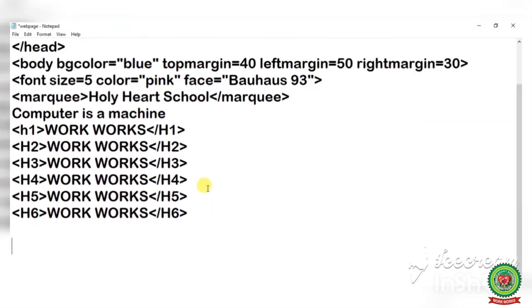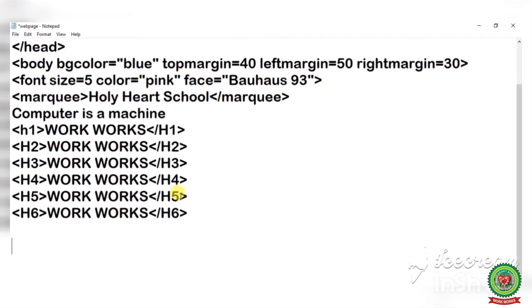Students, here I have used 6 heading levels, H1 till H6, and whichever level you start, you have to close after writing your text. And you can use these heading levels in any order, like I can write H6 on the top and H1 at the end, H5 here and H2 here.